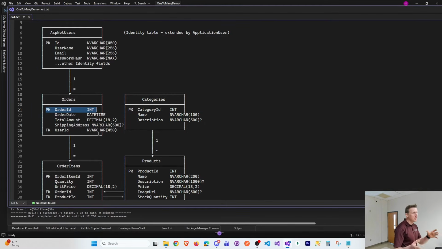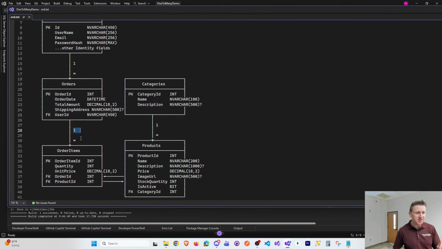So this is where the relationships are different. We've done one-to-many relationships. We have not done a many-to-many relationship. A many-to-many relationship, you can see that an order has a user ID, but one user has many order items. I'm going to come back to order items because really what I want to focus on is between order and